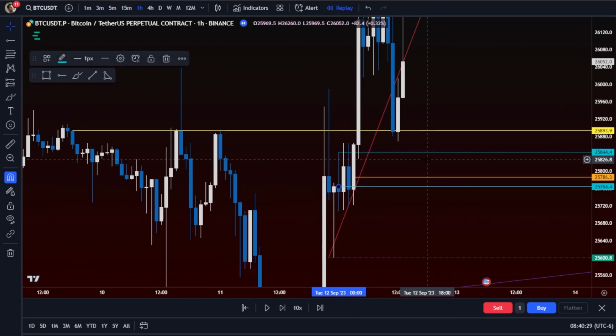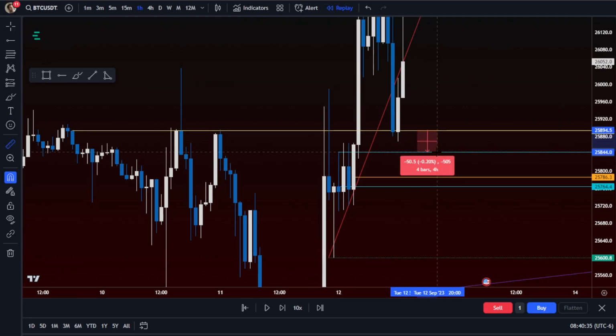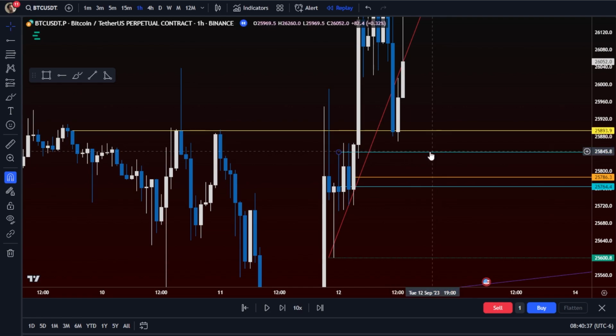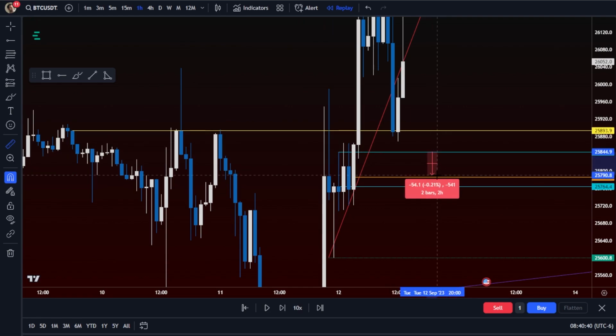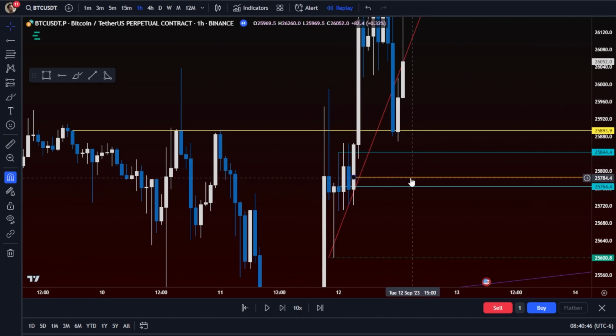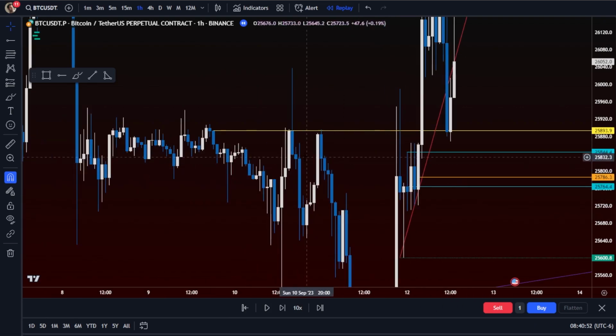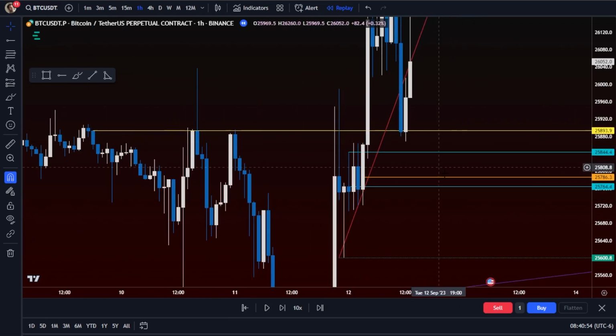Do I think it's right to take this level? If you were going to buy the 4 hour, I would have bought this instead. So if you were to buy the 4 hour, I would have reduced it by 20% to buy that. But at that point, would I take the 1 hour wick against the 5-minute body? No. I would simply go for this. I would go this deep dive to this, and this hits this with a possible deep dive to the body of the candle. And again, all you're doing is saying there's that 4 hour level, +1, -1, increasing the quality of the trade by just deep diving the targets and finding them.